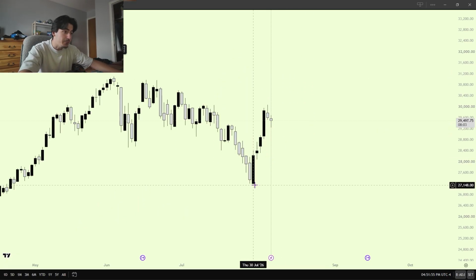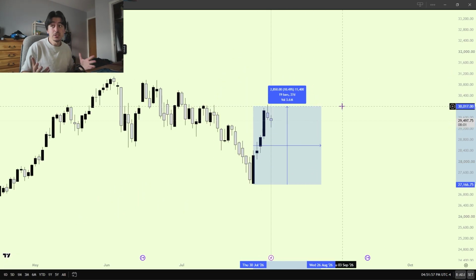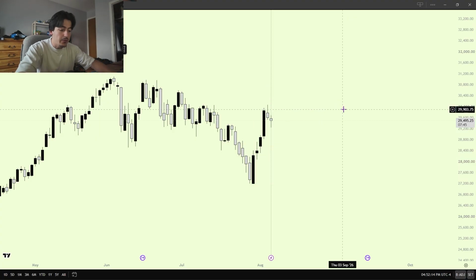Now, on the daily, we have a 2,800 point move. So we're not going to fade this 2,800 point move. We're going to be looking for longs, right? Shorts are going to be less probable. Longs are going to play towards a longer distance. It's just how it is. I don't make the rules. That's just how it is. S&P 500 is at all-time highs. We're not going to be fading the longs. If long setups come, we are going to be taking them. Okay. Now that we got that out of the way.